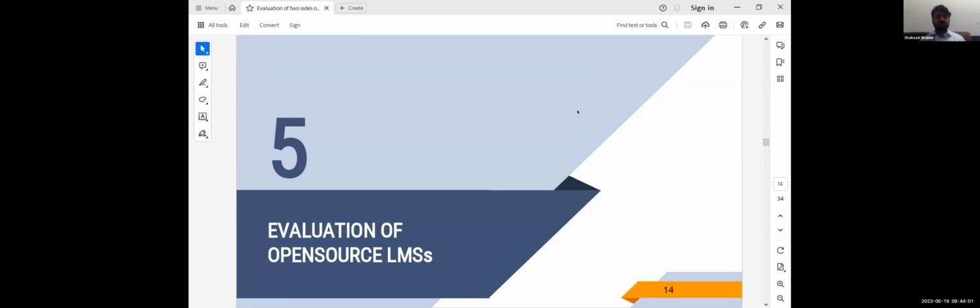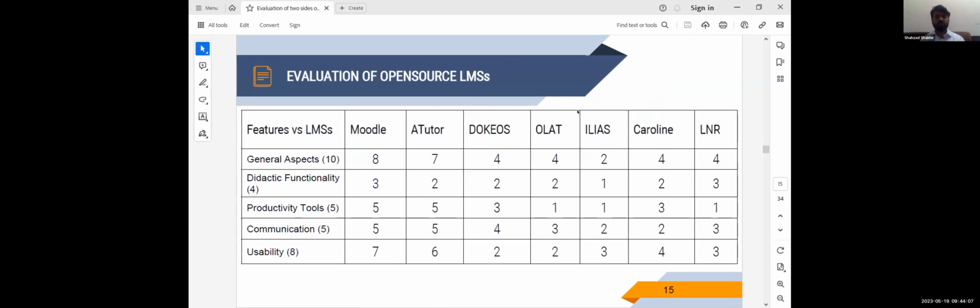Now, one of our tasks was the evaluation of open learning management systems. So we have evaluated these 7 learning management systems, and we have defined some features from the previous research work that we need if we want to integrate an accreditation process in a learning management system.